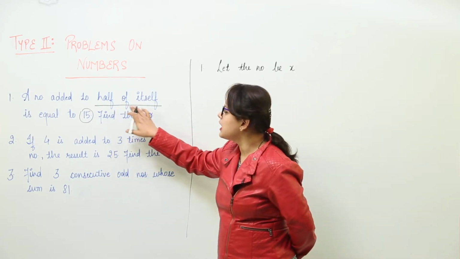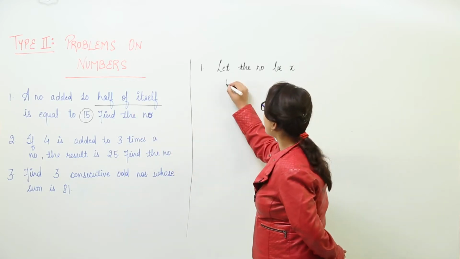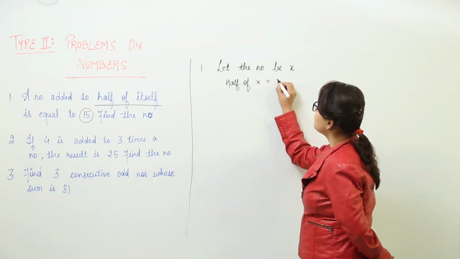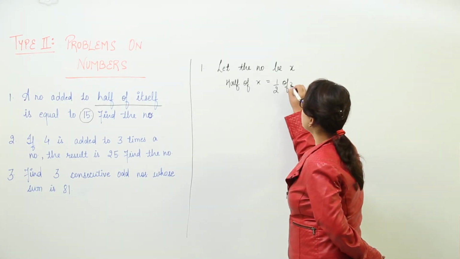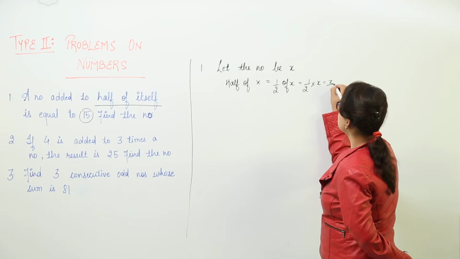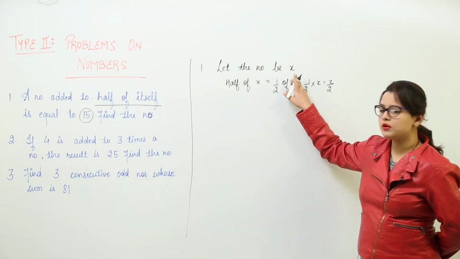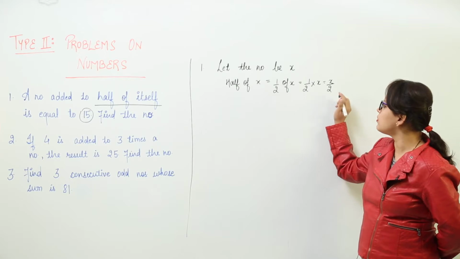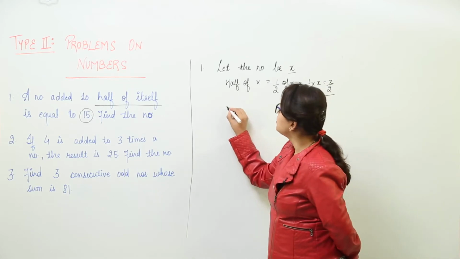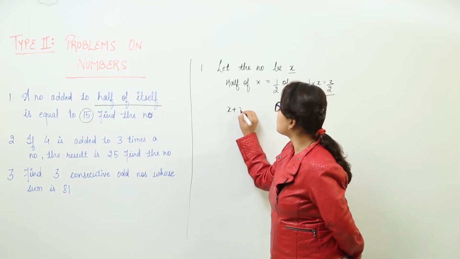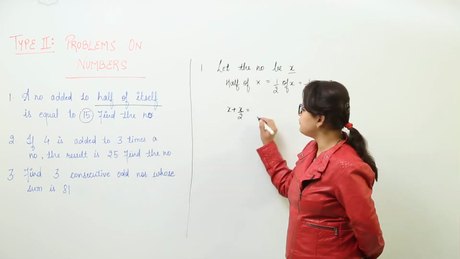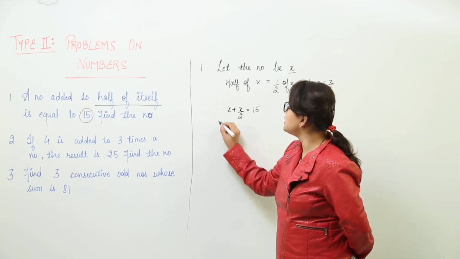We have to have the half of this number also. So half of x will be equal to what? That will be 1 by 2 of x, that is 1 by 2 into x, making x over 2. So now we have the number also, we have the half of the number also, right? And now we have to add them both. So you add the number to half of the number and the sum will be equal to 15, and we write 15 over here. So this is the linear equation form.